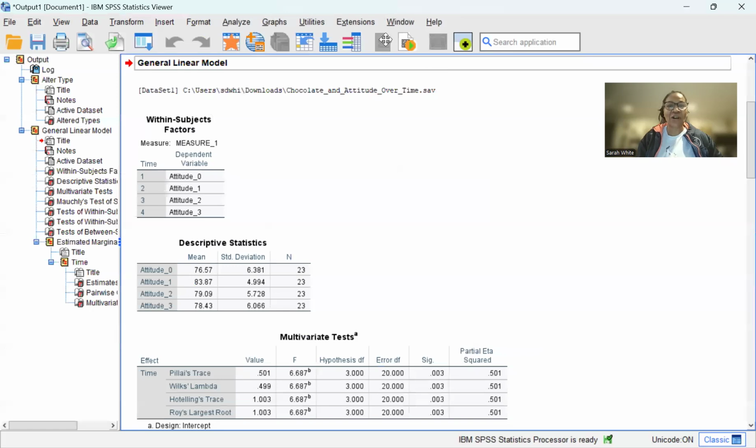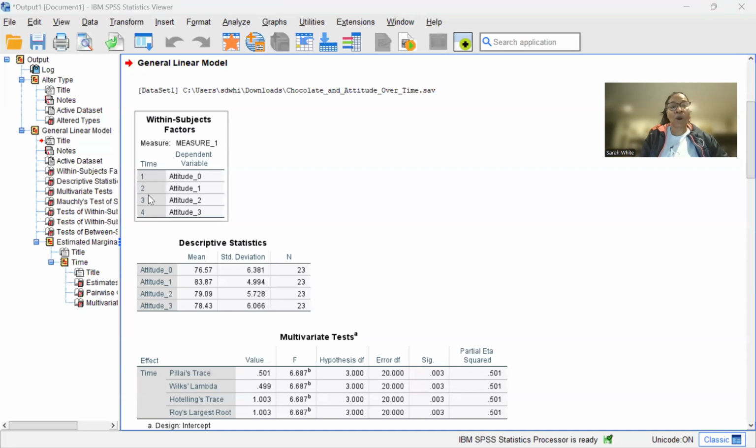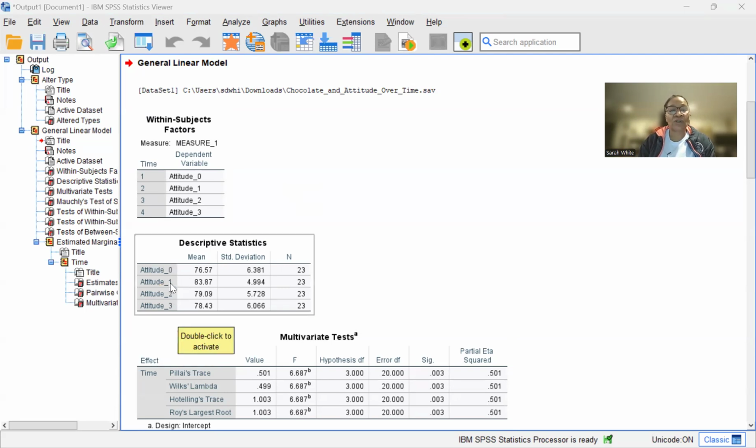Okay, and our data populates. And here we are, as we can see, the within-subjects factors, we've got all 4 of our data points. Now let's go down to the descriptive statistics. As you can see, for our attitude 0, that first measure, the pretest, we have a mean score of 76.57 with a standard deviation of 6.381. Attitude 1, 5 minutes after eating chocolate, we have a mean score of 83.87 with a standard deviation of 4.994